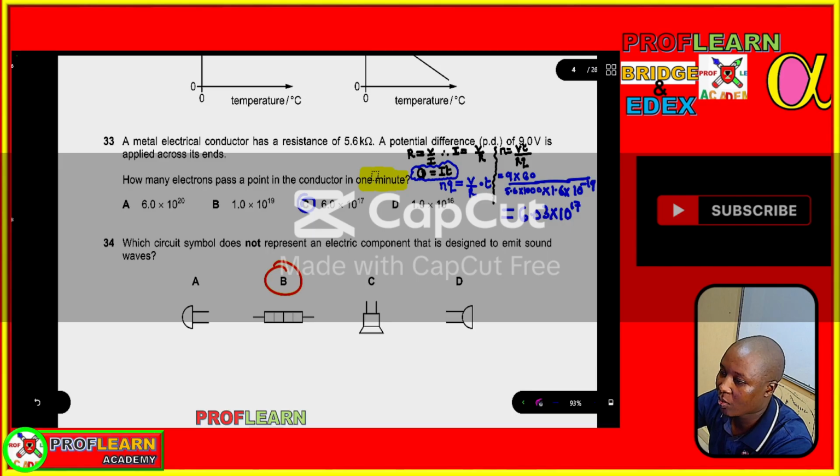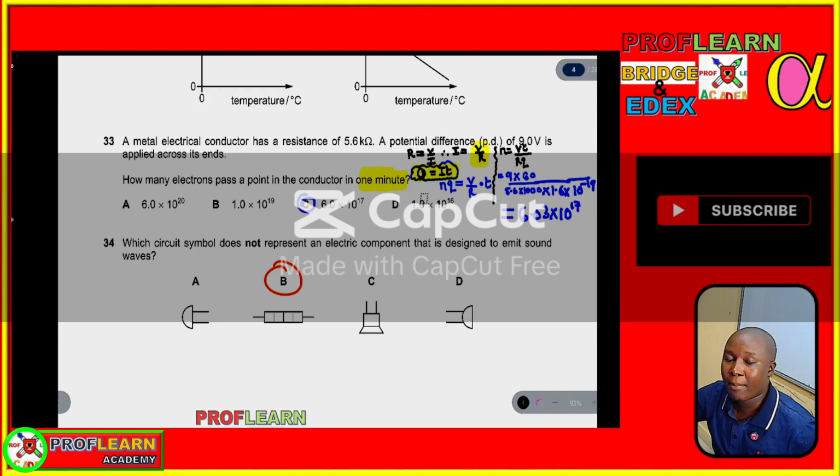Something we need to remember is that because we are given resistance here, resistance is equal to V over I, then current is V over R. So we are going to use current equals V over R, and at the same time we know that charge is equal to IT. Because current is V over R and charge is IT, we can say